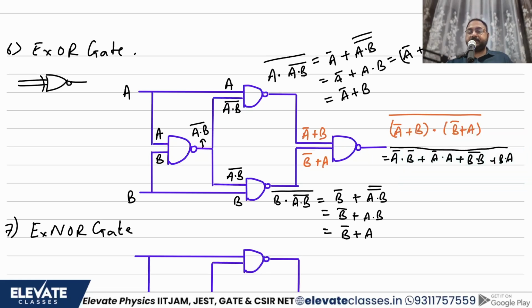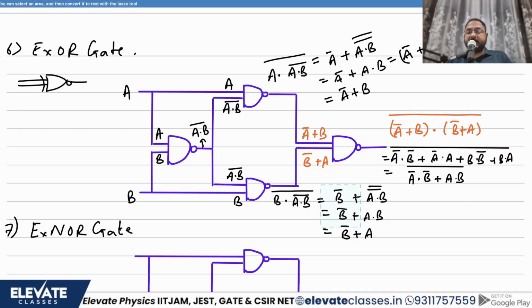So this should be my final output. I have still not used the complement operator. Let me further simplify what is under the complement. See, this A dot A bar will become 0 and B dot B bar will become 0. So these two terms become 0. So finally what can I write? I can write A bar dot B bar plus A dot B whole complement, right? This is how I can write everything.